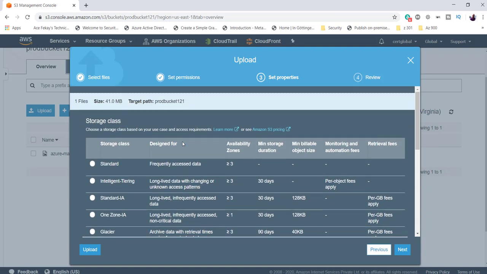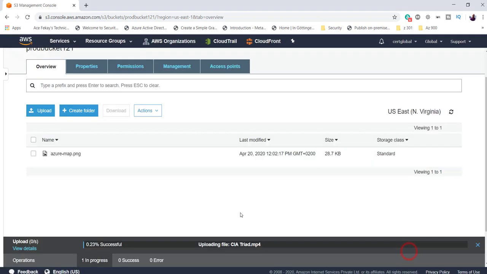Now, if you scroll up to the top, you've got the Standard storage class. This is the default that is assigned to every object when you upload that object, yeah? So, of course, when you're uploading it, you can change the storage class to anything you want based on your requirement, but the default one is Standard. But just keep in mind that once you set the storage class to something, you will be billed for that minimum duration. Alright? At this point, I will leave it as Standard, click on next,